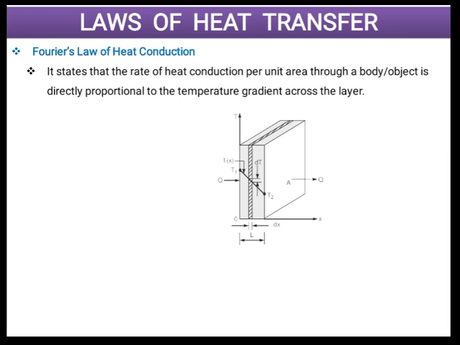Now, at this point, we can see there is one left hand side of the plane wall and there is one right hand side of the plane wall. Let us assume that on the left hand side the temperature is T1 and on the right hand side temperature is T2. Here we have shown a coordinate system. For this coordinate system, this point is the origin, that is 0, and coordinate system progresses in this direction, in the direction of thickness of this plane wall. Remember, we are talking about this thickness L.